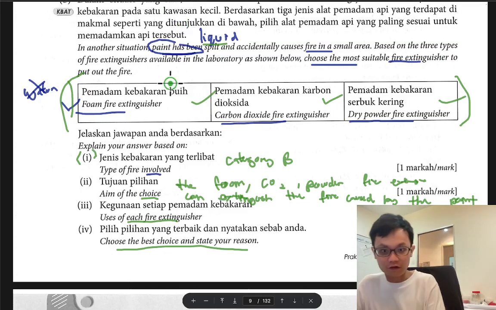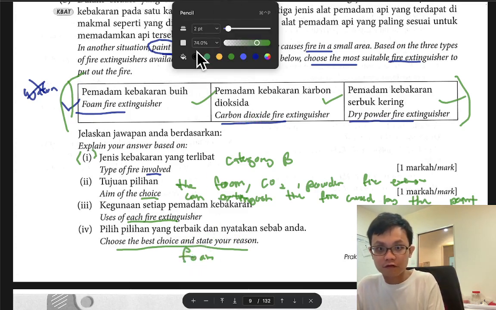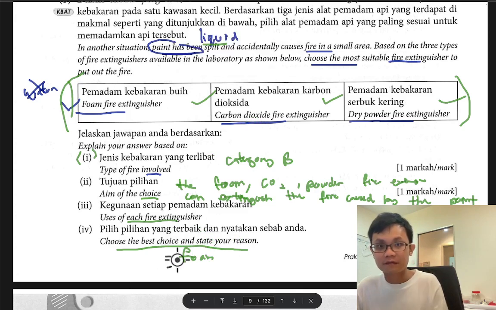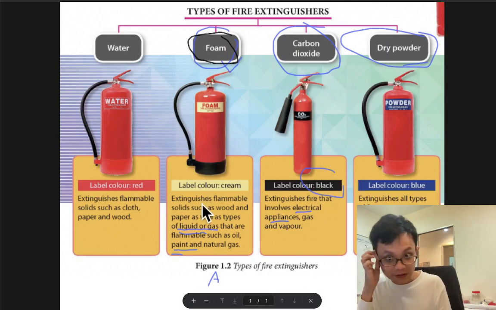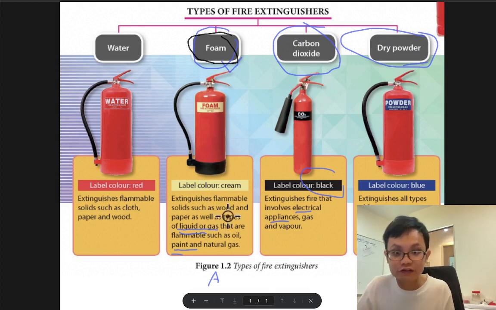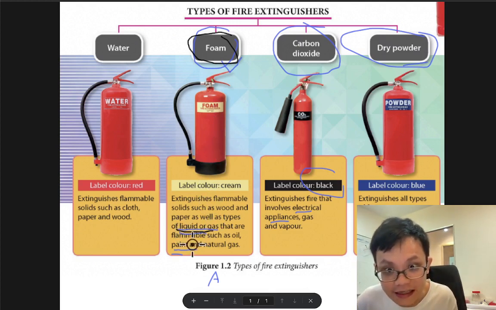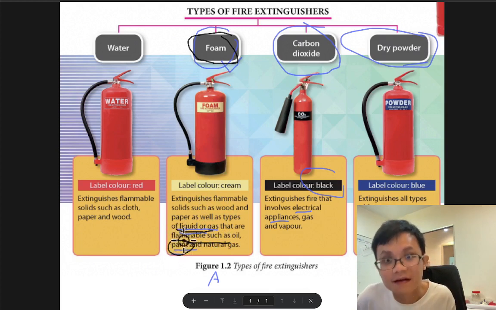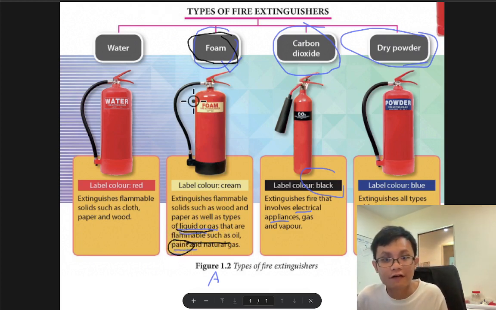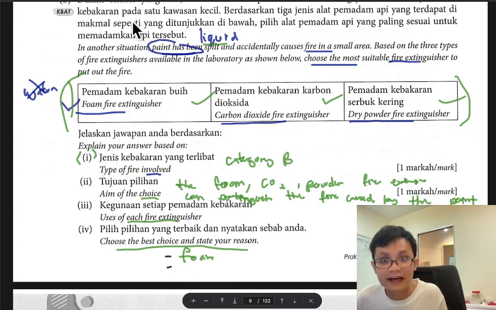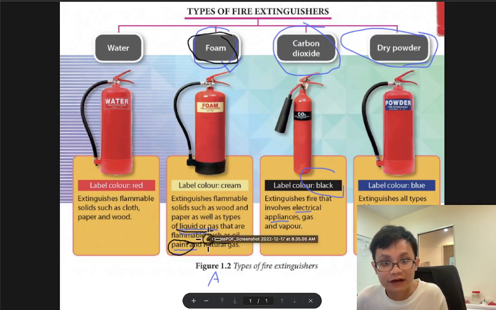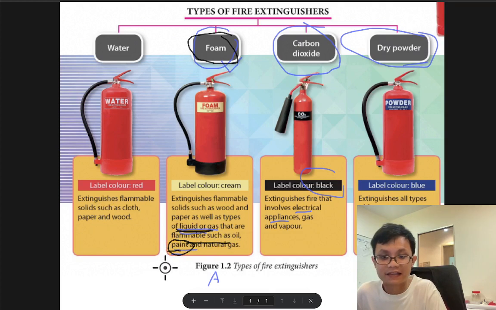Let's just write down the foam first. So I get 1 mark. Foam. Why is foam the best? Because we read in the textbook, it's very suitable for liquid and gas and flammable oil, and here they write paint. So we just write down foam is the best because it is very good to extinguish fire from liquid such as paint. And maybe I just add one more,